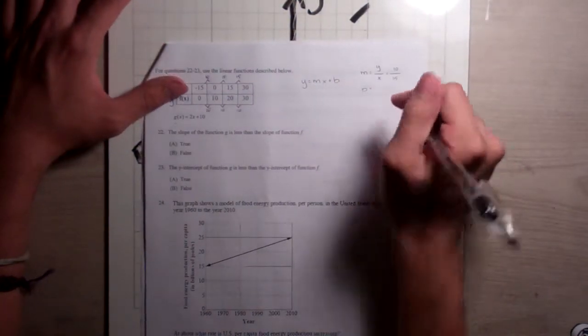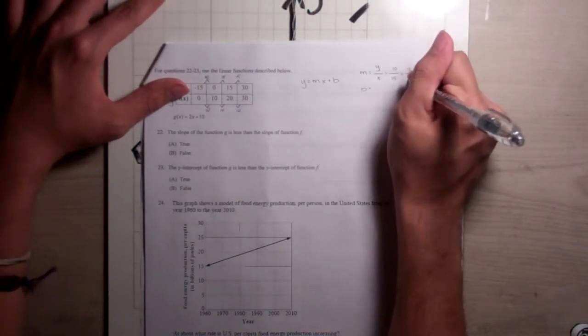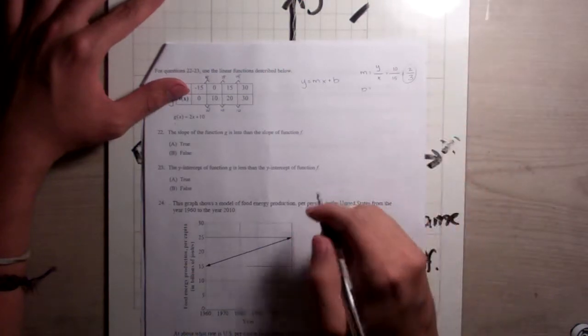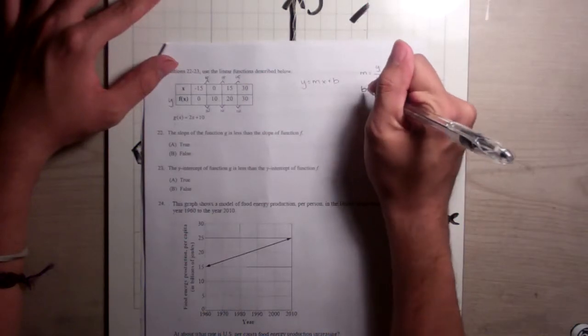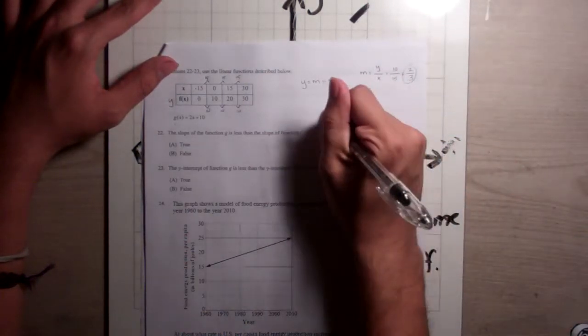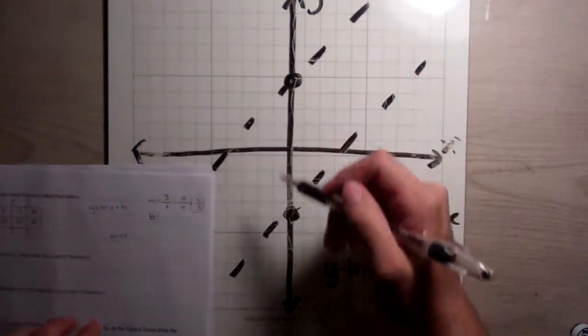Well, this is 10 over 15. We can simplify that. 5 goes into both, so we're going to have 2 over 3. That's our slope. Now our y-intercept. I hope you guys remember, whenever you want to find your y-intercept, like wherever it crosses the y-axis,